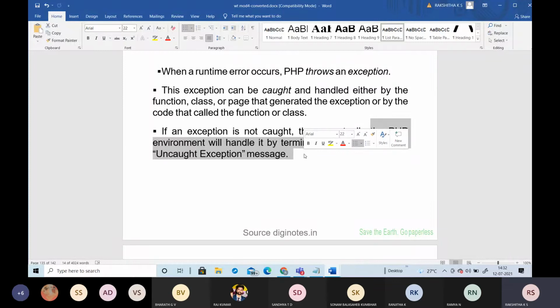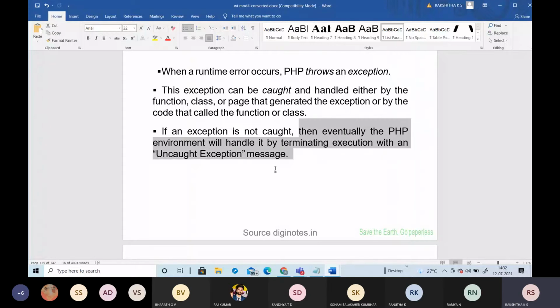In the catch block it will handle the errors caught by PHP. If it cannot handle those exceptions, then by default it will terminate the execution of the program.